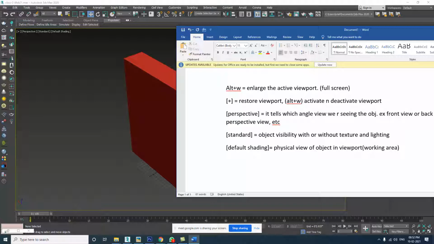I will give you an example. Default view, default shading, solid view, or wireframe. You see the small lines came, that is wireframe.